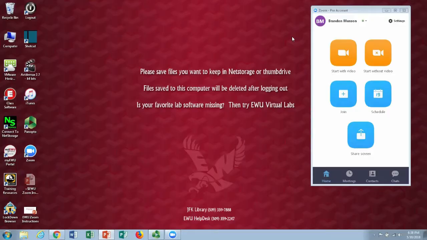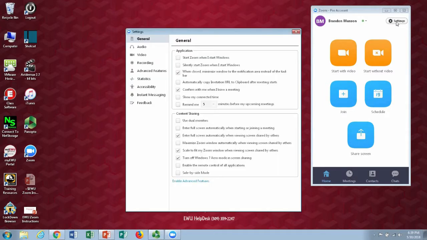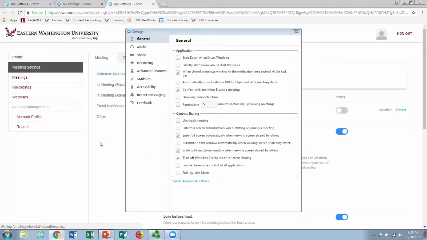In this section, we will be covering closed captions. Beginning on the home page, we are going to navigate to the top right and click on the settings, then click on the Enable Advanced Features located at the bottom of the General Settings window. We're then going to close out of the General Settings window